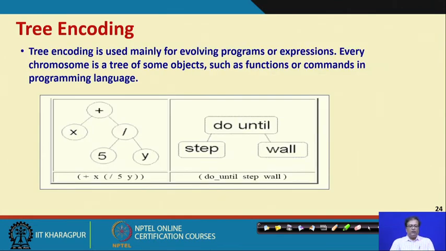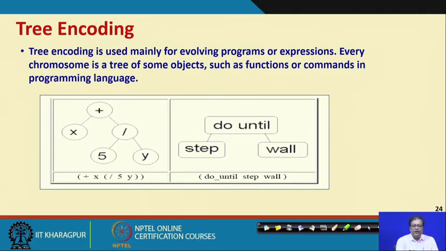Fine. So, in this lecture let us also see something very interesting, that is called tree encoding. Sometimes, we have an objective function and we really want a formula for a function. Basically, we want a particular fitness function value to be maximum, but we want to know what that formula is, we want to actually discover the formula. So, something very interesting. We can do tree encoding.